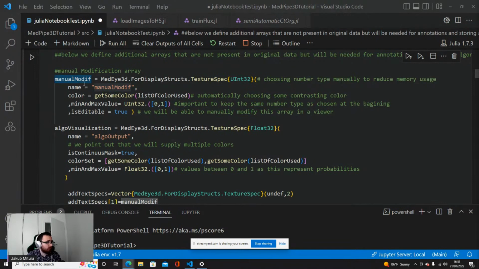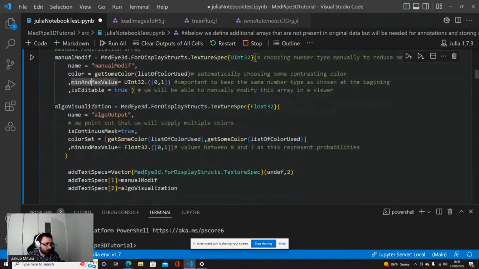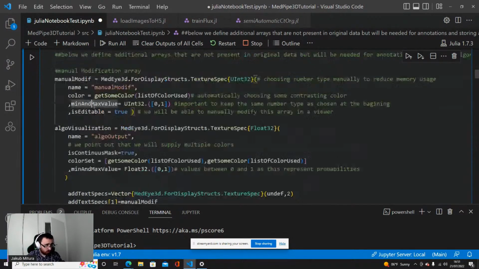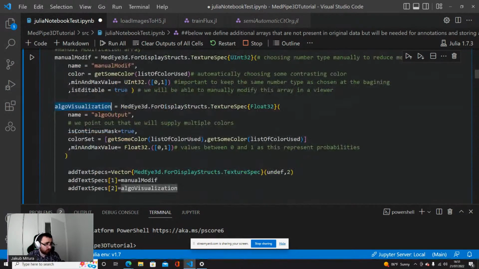Okay, and here we can define some things about how we want to visualize it. As you see here, I just get two texture specifications, the manual modification and algorithm visualization.